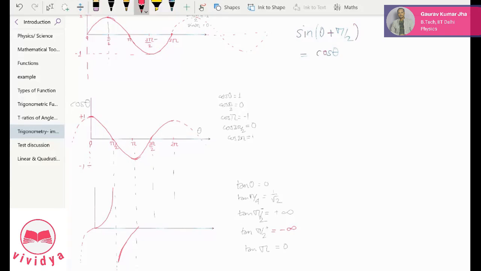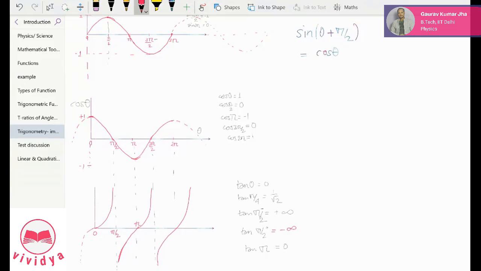Then again, now you are in the third quadrant, right? This is 0, this is pi by 2, this is pi. After pi, you will enter the third quadrant, and in the third quadrant tan is positive. So till you reach 270 degrees, it will go to plus infinity. If the value is a little less than 270, plus infinity. If the value is more than 270 degrees, then minus infinity. So the graph will again come back, and it will just repeat like this. So this type of graph you will get.